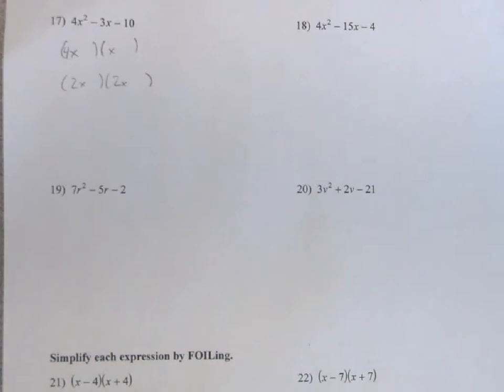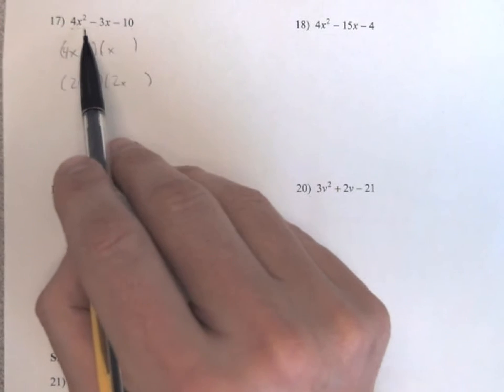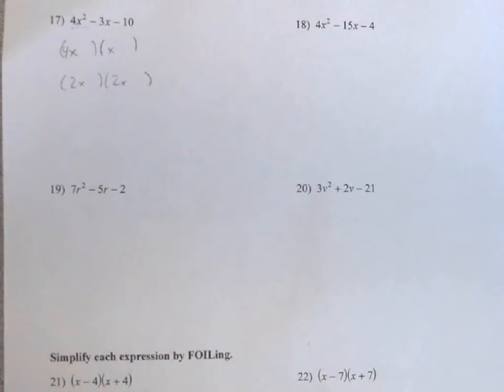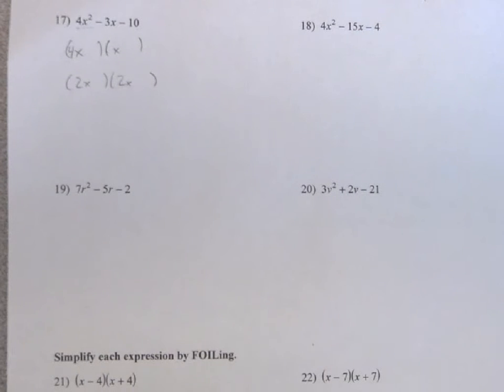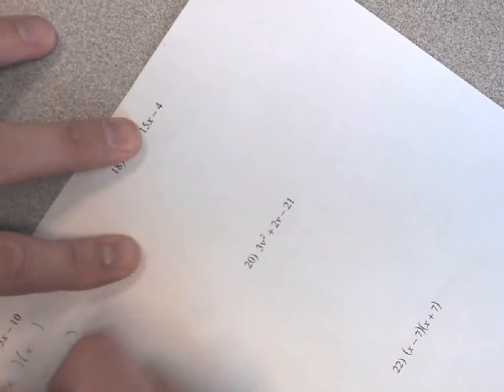So you could get lucky and you could factor by guess and check on like the first try, but you could also be sitting here for a really long time trying to get the right combinations of things. So for something like this where there's multiple options for multiplying to get the first term, and there's multiple options for multiplying to get the second term, there can be lots of different possibilities to go through, and that can be time consuming. So the next step I'm going to show you here is